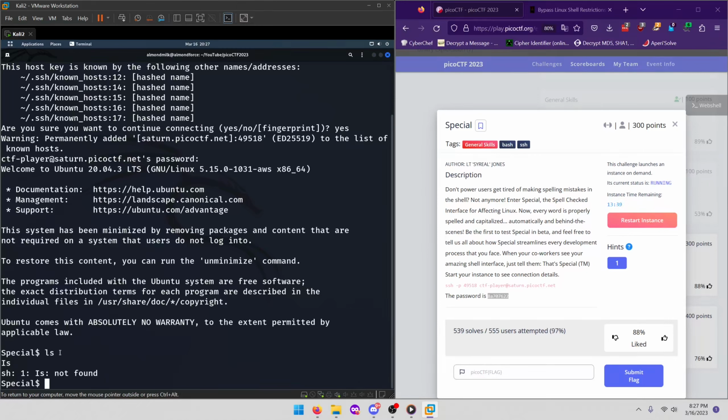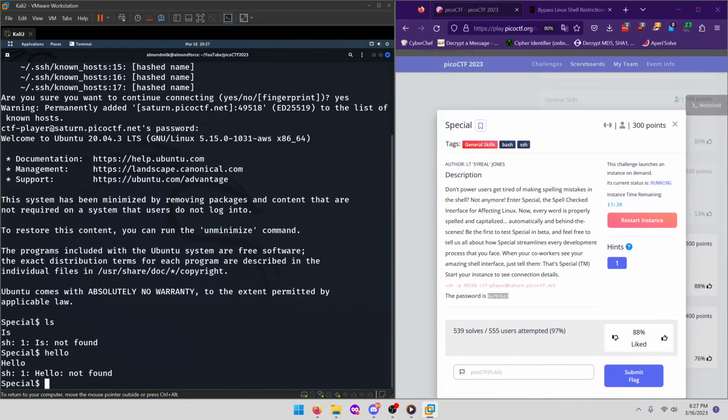Because ls isn't a typical word in the English dictionary, so it gets the next closest word, which is, and it capitalized the first letter. Let's try hello. It does that too. So clearly we need to bypass this shell, and there's one method in particular that works really well, which is